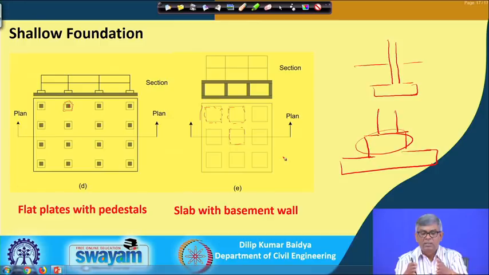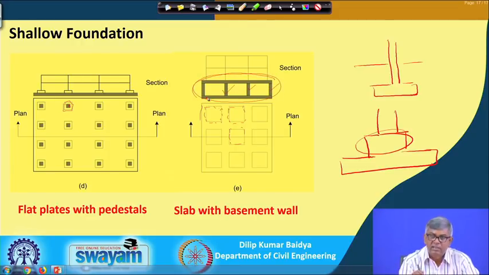So, in between along the column direction, you can see there will be a wall, an intermediate wall. So that means this is the outer wall and this is the intermediate wall. Similarly, this is in this direction. So, the other direction will also similarly have walls. So, this entire box type of structure with